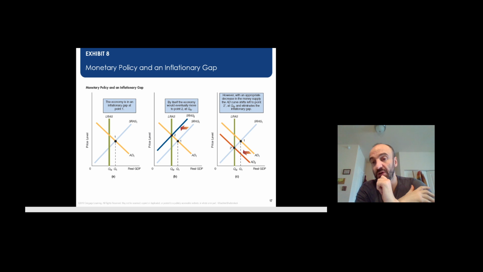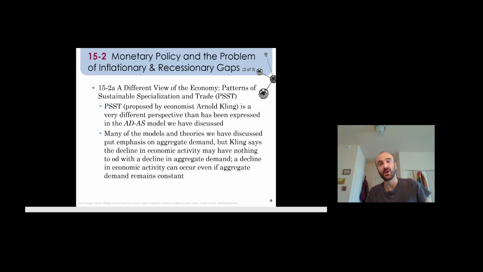Why is that better? That's better because now you will have a lower price level. You will have the same production as in picture number 2, but a lower price level. So people are better off. They pay less for the same amount of goods and services. Okay, so that's the monetarist depiction of the transmission mechanisms